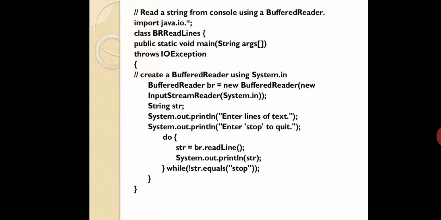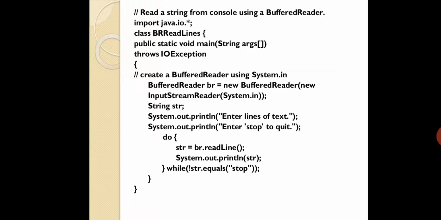Remember this. Now there is no concept of explicit type conversion, because you are reading the string itself. Directly you can use the string using that object. You can get the line of information from the user and store it in the str variable. That is the meaning. Now once you read it from the user, you are going to print it and show that particular thing on the output screen.